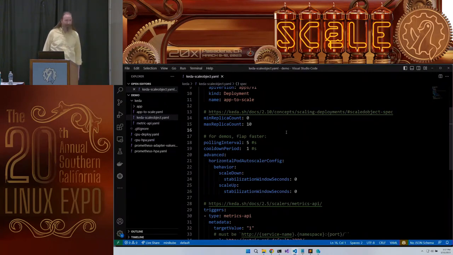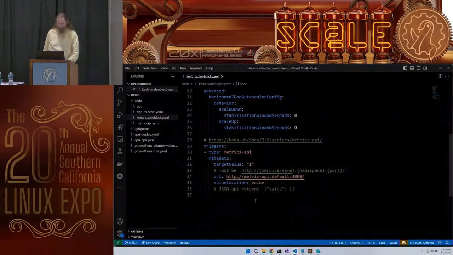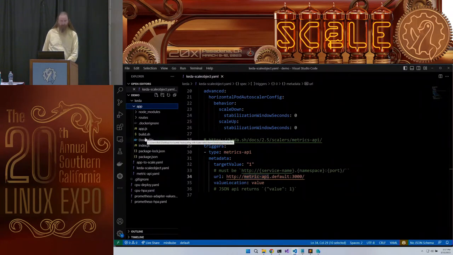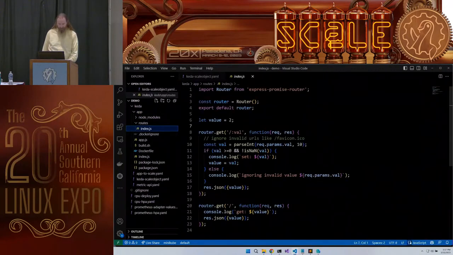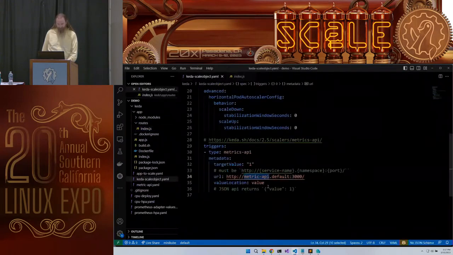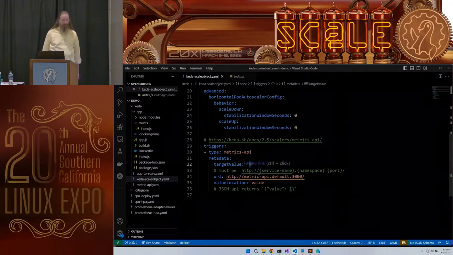On your Node Express, what was the metric that we were measuring to scale it out? Good question. What was the metric that we were measuring? We said go hit this API, which just happens to be this Node app right here. Go run this thing, hit this particular endpoint, go get this value, and because we want the value piece out of it, this is going to be the number that is that metric.